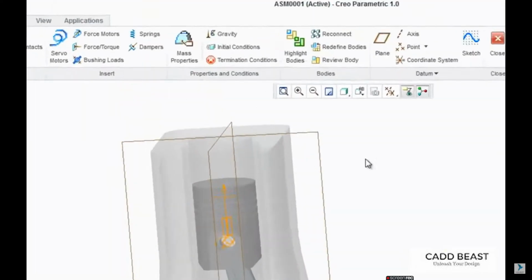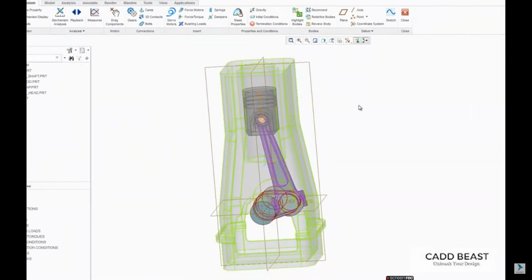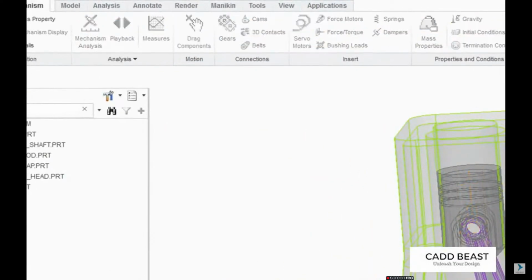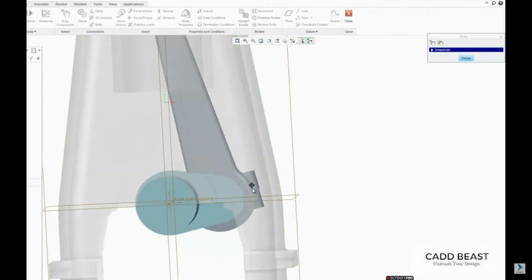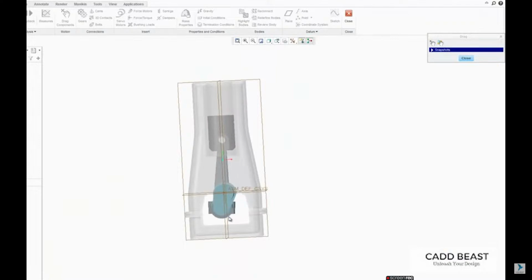Now I'm going to click on the Highlighted Bodies feature. This highlights the features in different colors depending on if it is able to move or if it is stationary. Objects highlighted in green are referred to as ground parts and will not move in the mechanism. Now to do a little test to make sure it's going to move, I'm going to click the Drag Components tool, and I'm going to choose a point on my con rod because I know that's going to be able to move because it's not highlighted green. Just click on it once and I'm going to scroll back, and you can see that my mechanism was